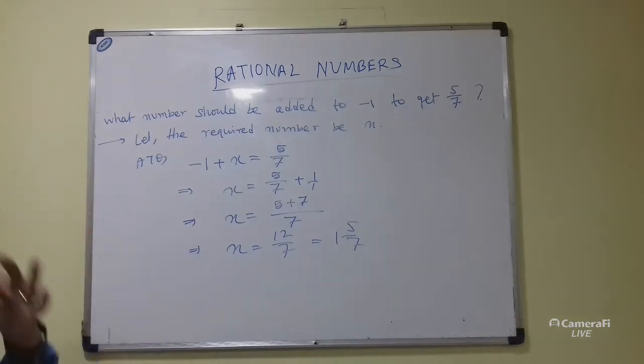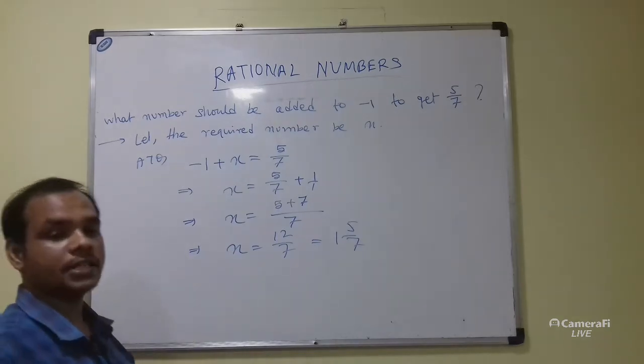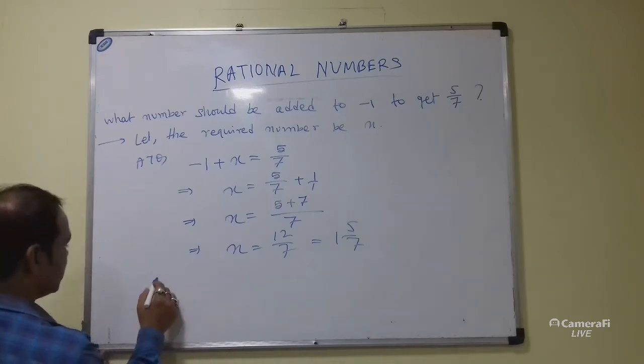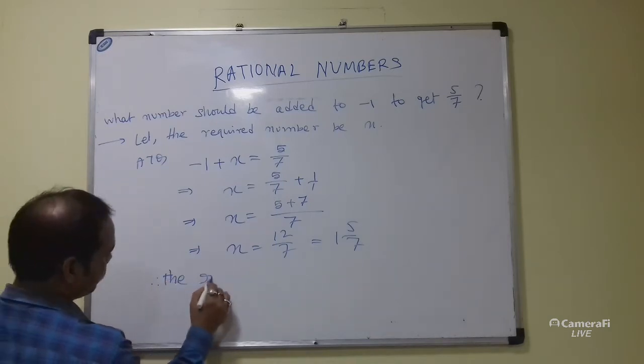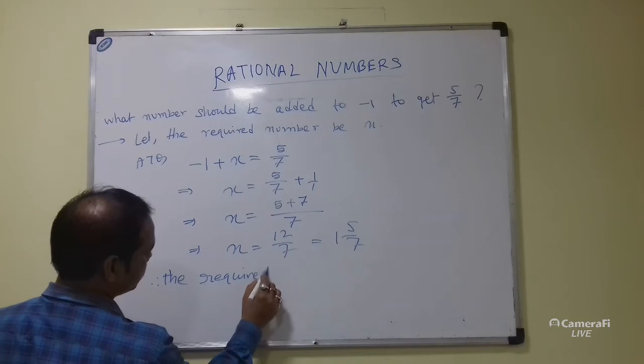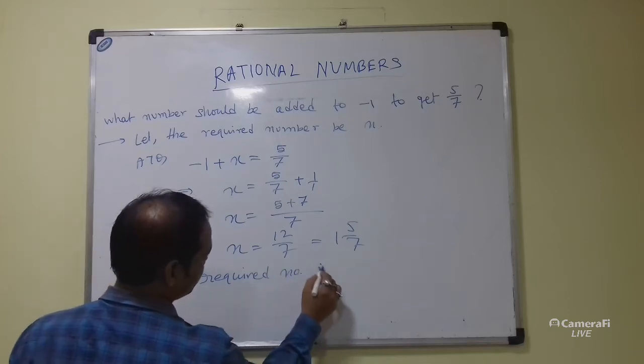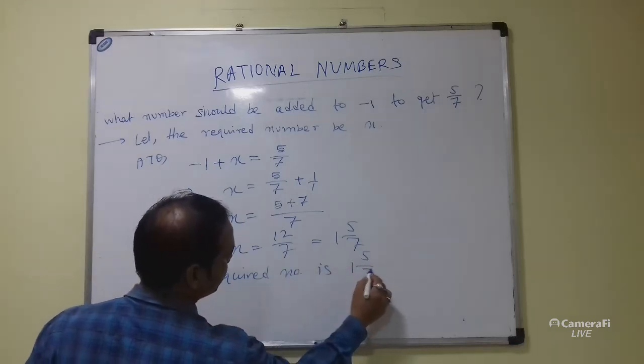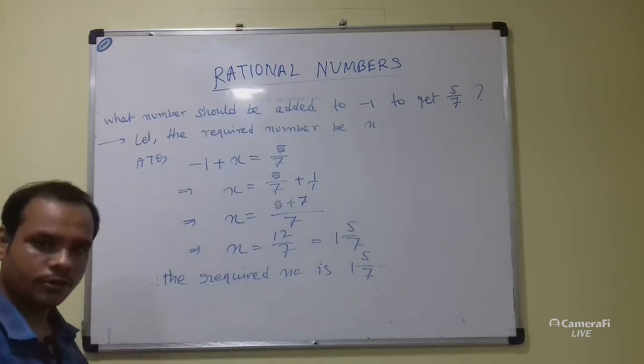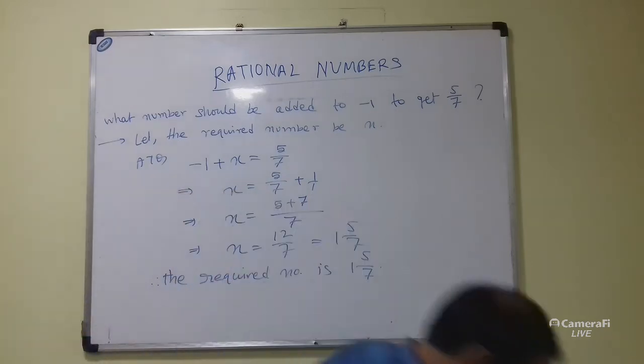Now after this we have to write the answer because it's a word problem. So therefore the required number is 1 whole 5 by 7. I hope you understood, students. Next,